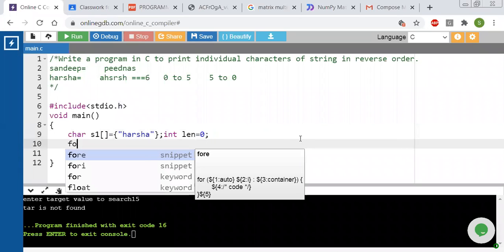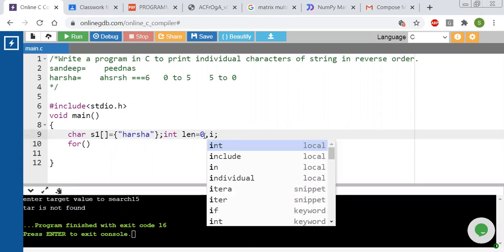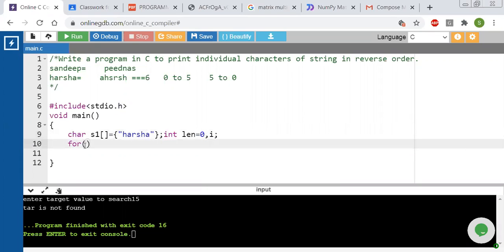For that I'm writing a for loop, declaring another variable: for i is equal to 0.